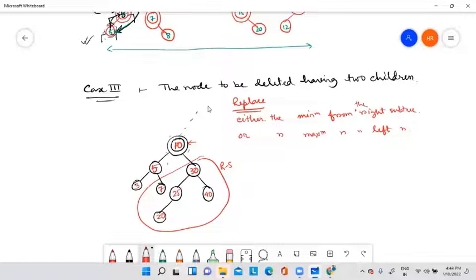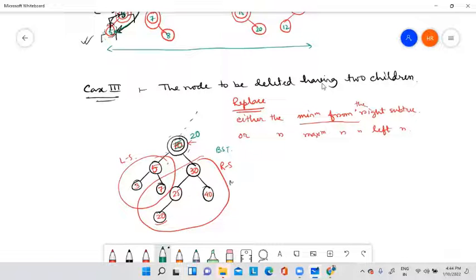So this is the left subtree. The minimum from the right subtree means this one. Now see, if we replace this 10 by 20, then it is still a binary search tree. Am I clear?